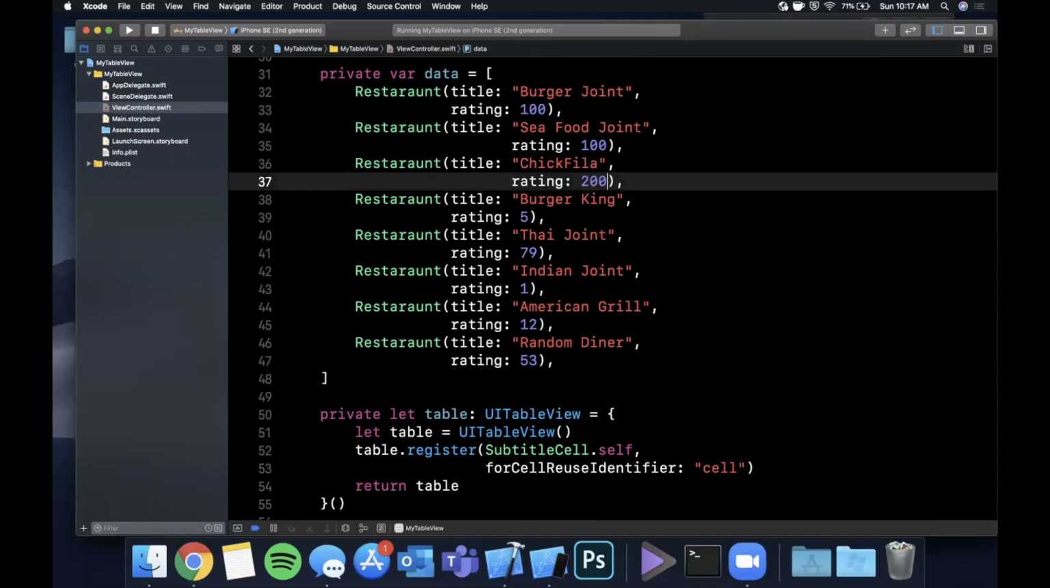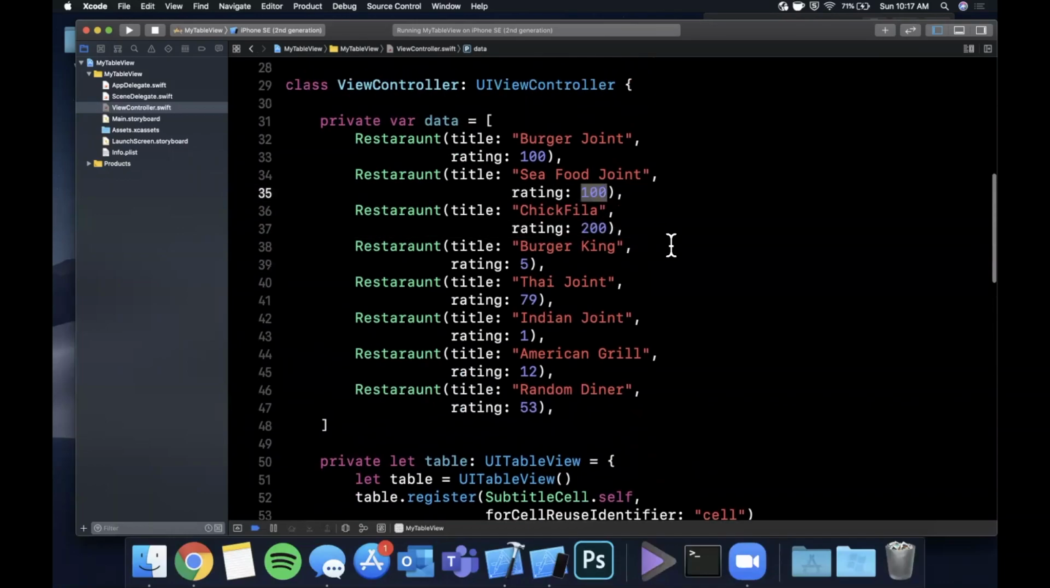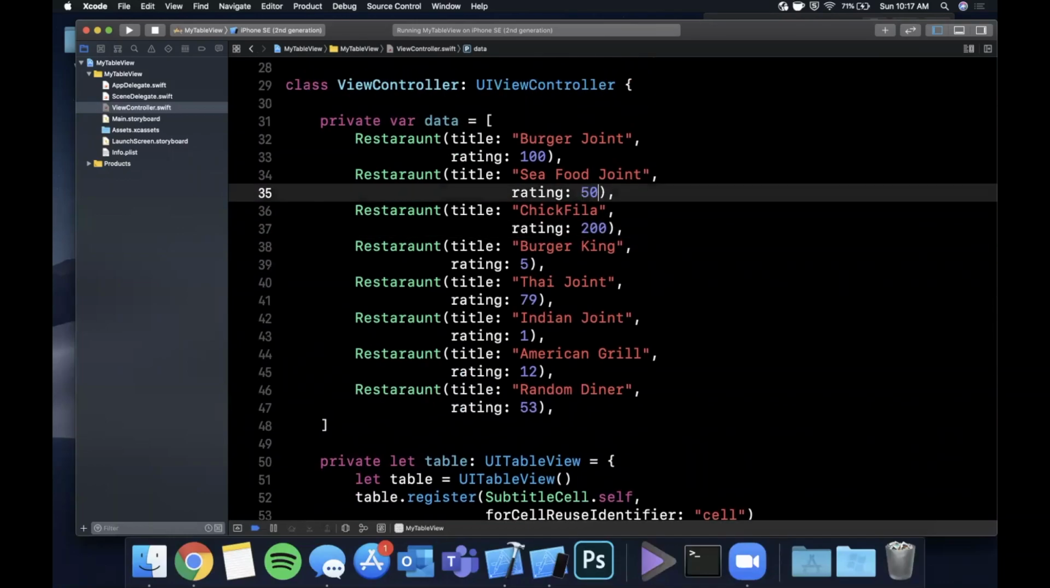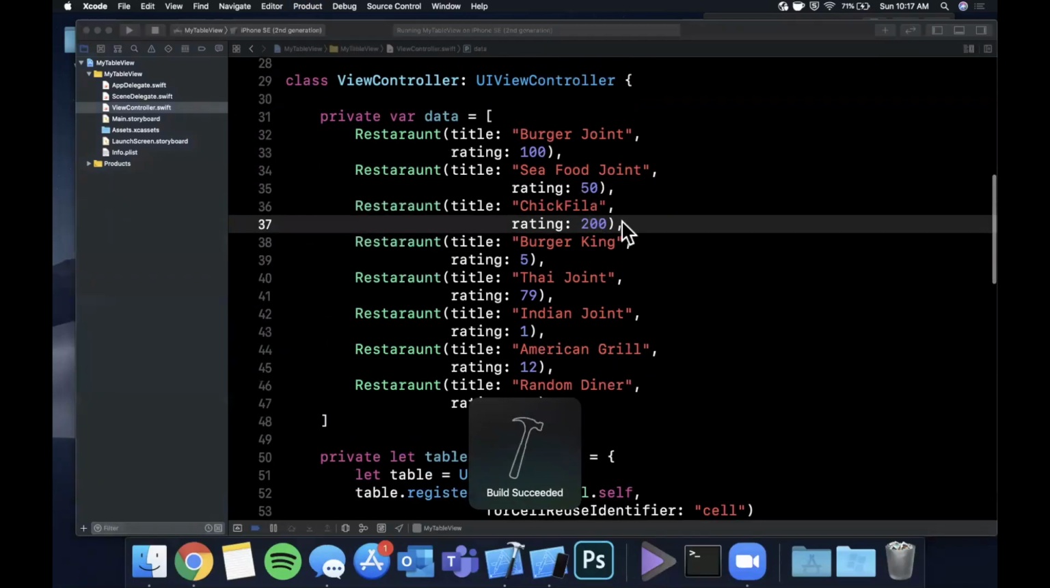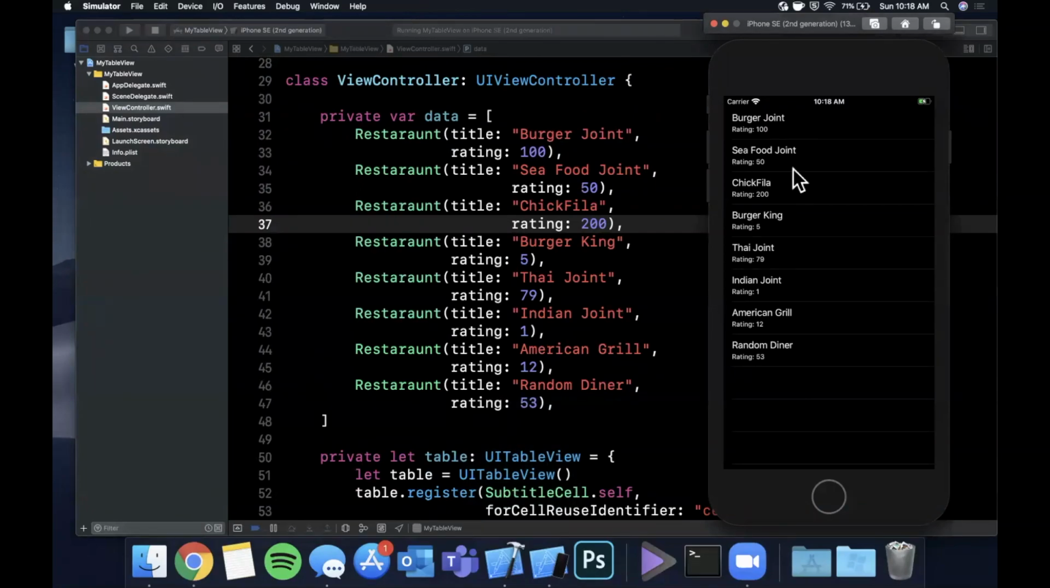Chick-fil-A is definitely the best out of all of these, and seafood's not absolutely terrible. Let's give this like a 50. So let's go ahead and hit Command R. Let's make sure we get our things listed out here with the ratings. So we definitely see we get